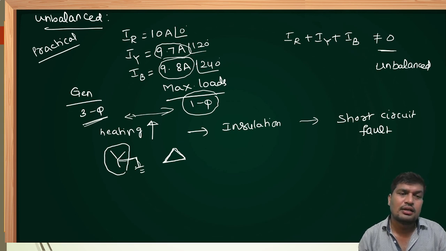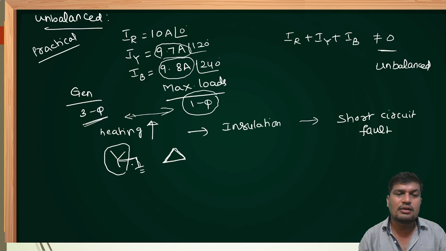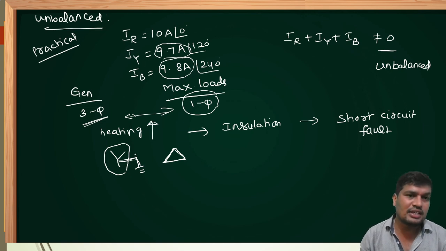In practical, 99.99% of faults in transmission lines are short circuit faults compared to open circuit faults. But in underground cable, open circuit fault may occur, but most of the power we are transmitting through transmission lines. Therefore, with respect to transmission lines, short circuit faults are more common. In order to bypass the short circuit fault to ground, at that time also neutral grounding is necessary. Now it is very clear.